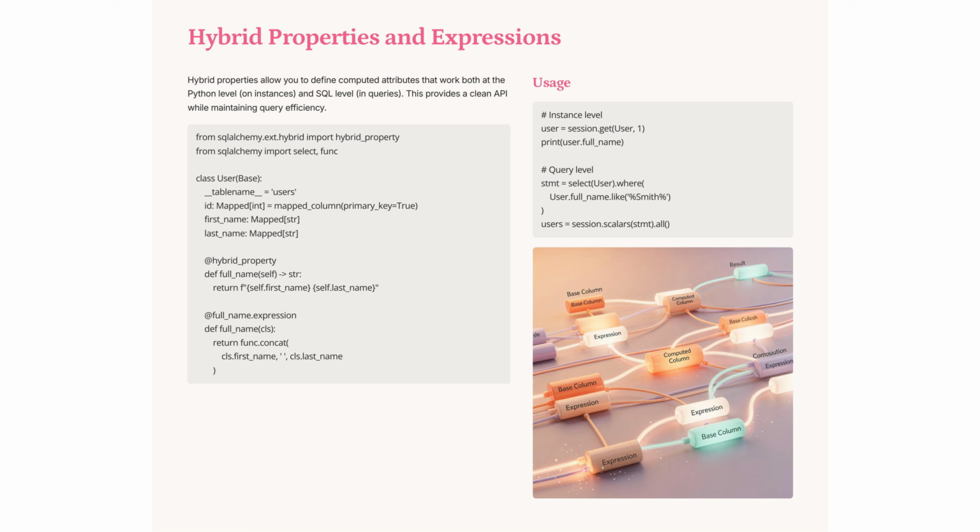Hybrid properties in SQLAlchemy enable computed attributes accessible at both Python and SQL levels. For instance, the full_name property in the user class combines first and last names. This dual functionality ensures a clean API and efficient queries, allowing seamless operations like filtering users with Smith in their